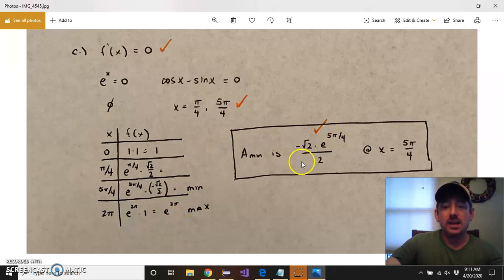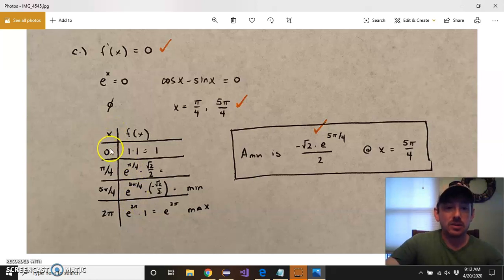The absolute min is negative root 2 over 2 times e to the 5 pi over 4. Man, that's a messy number. But it's definitely the min, and it happens at x equals 5 pi over 4. We can only accept that as a justified answer if we actually performed the entire candidates test, which means you